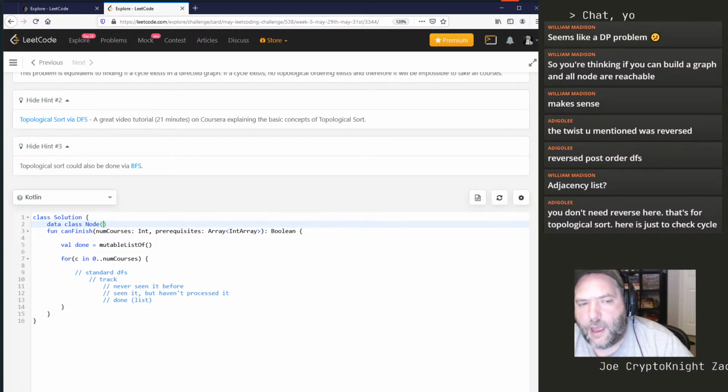In it, it will have the value, which is an integer and immutable, and a mutable variable that represents the status. We'll call it status. I think it's okay to have it be Boolean because if it's never been seen before, it won't even be in our list. So our mutable list of items can be integers because this is